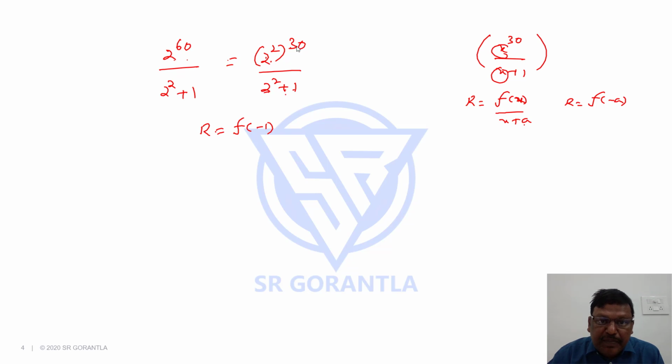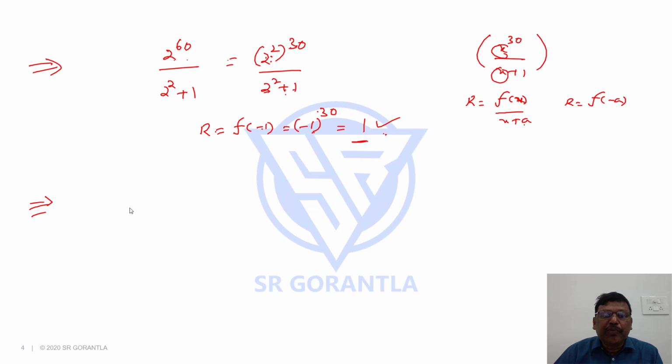If it is x, in the place of x, we substitute. If it is 2 square, in the place of 2 square, we substitute. So in the place of 2 square, I write minus 1 whole power 30. Minus 1 whole power 30 is plus 1. So the remainder is plus 1. This is the second approach, that is remainder theorem method. The third one is